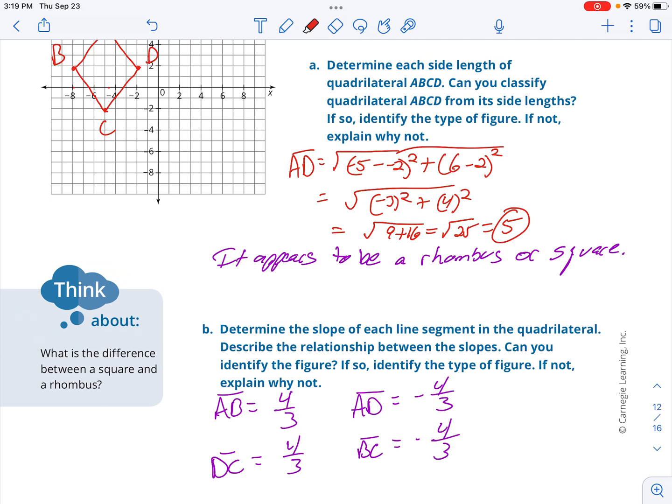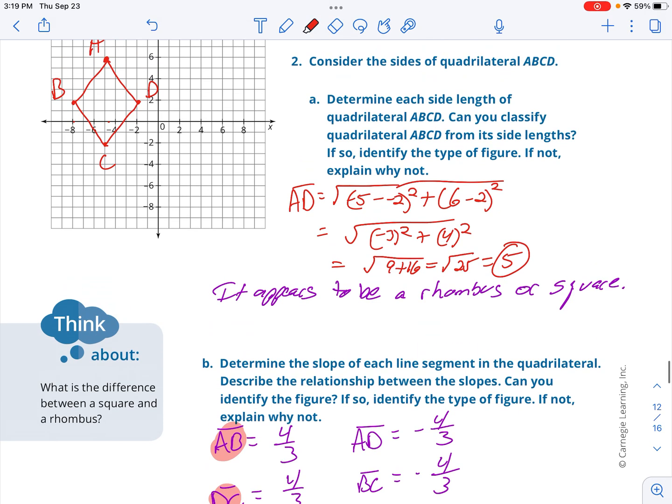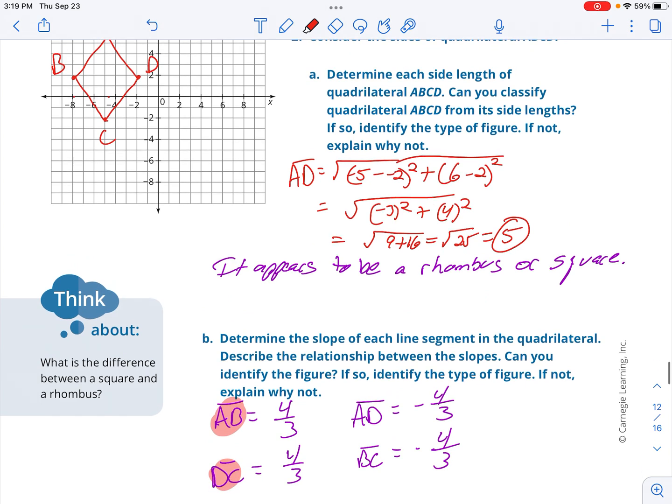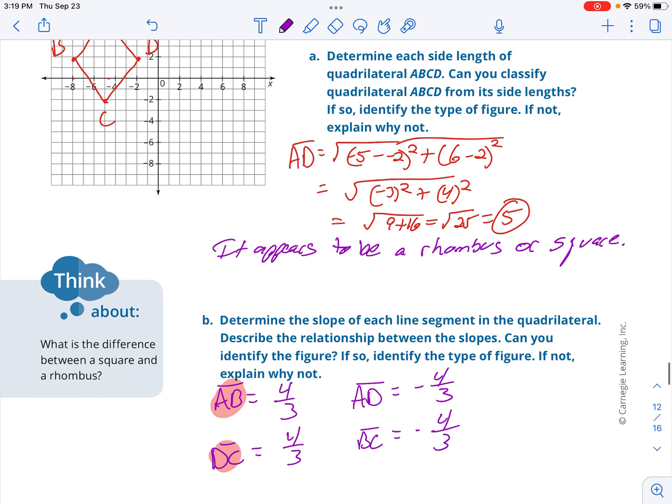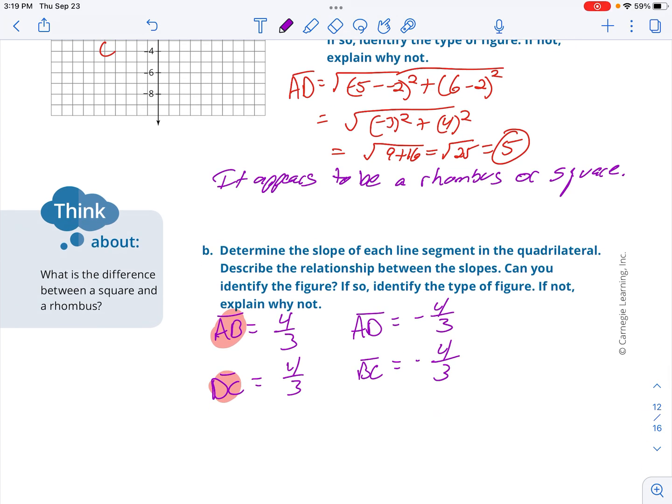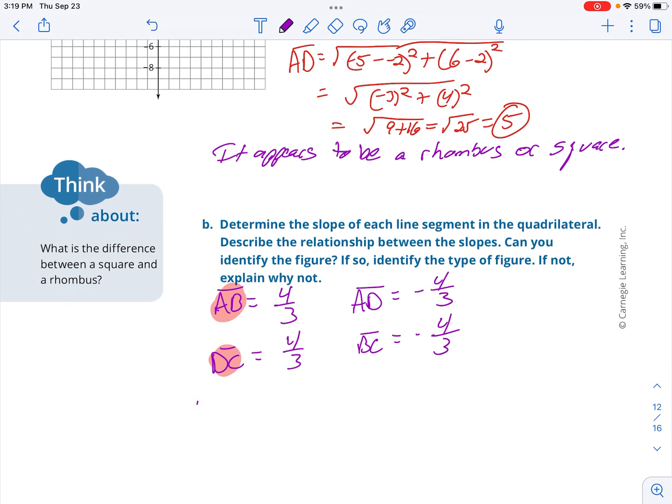And the reason why we can then say it's a rhombus is what we do have then is the opposite sides being parallel. Whoops, this is not the opposite side. This is the opposite side. AB is parallel to DC because the parallel sides have the same slope. So we can then say it appears to be a rhombus or a square. In part B, we can definitively say it is a rhombus,